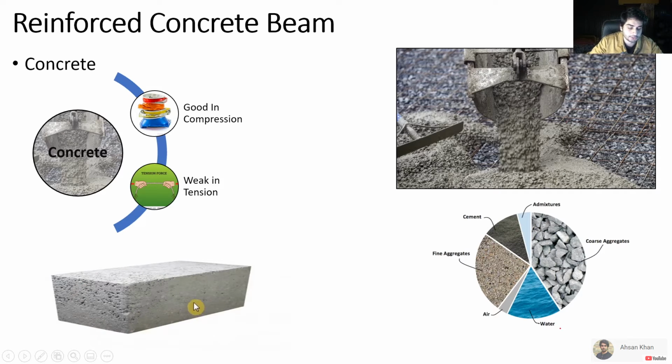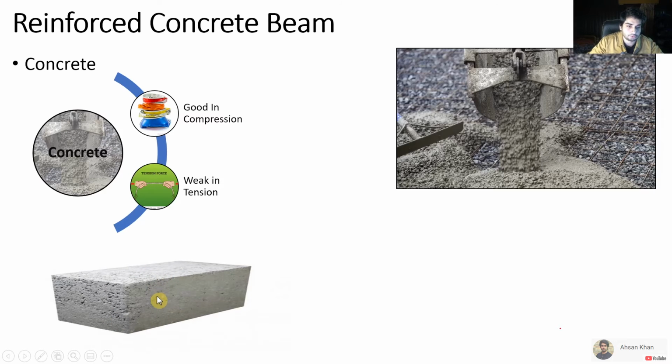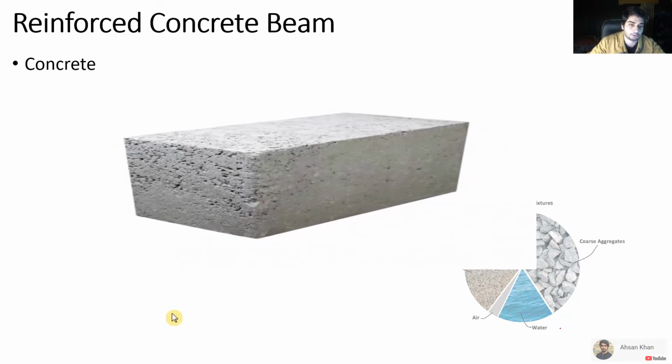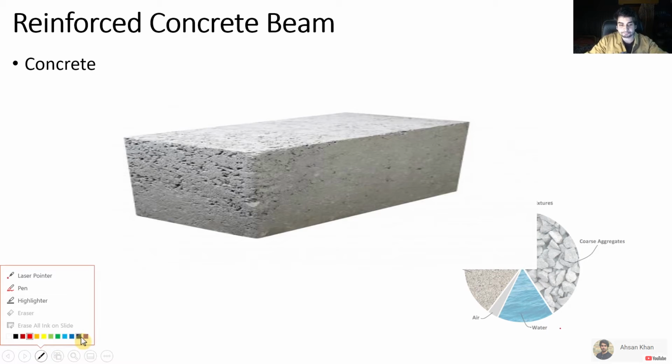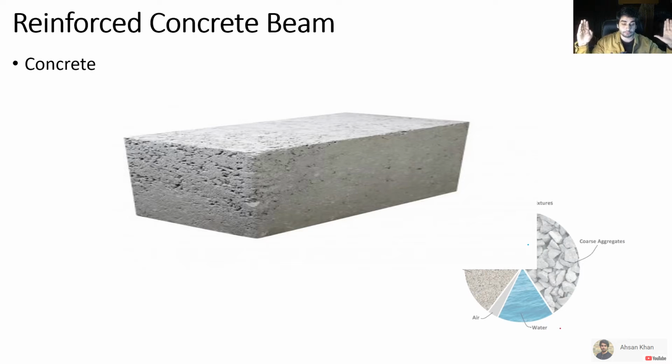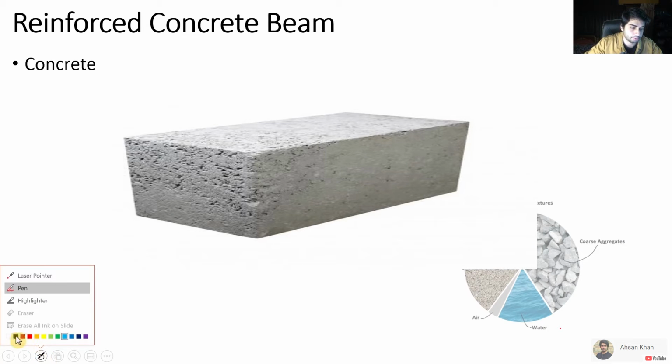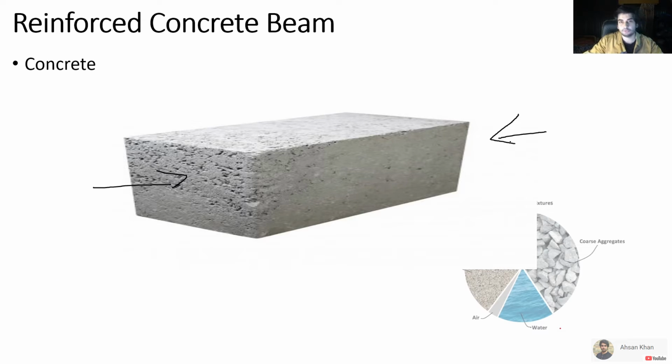Now let's say you see this block of concrete, which is made of concrete, right? If I increase the size of this block, you can imagine that this concrete is made up of different aggregates that we discussed: fine aggregate, coarse aggregate, smaller particles, bigger particles. If you apply a force on them from both sides, like if I draw it here with a black color, from this side and from that side, that force is going to be transferred to maybe an aggregate or a stone somewhere,